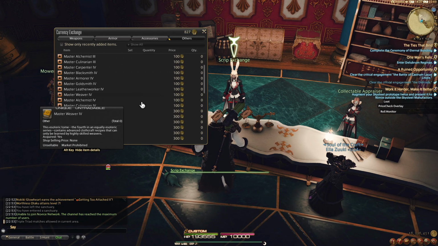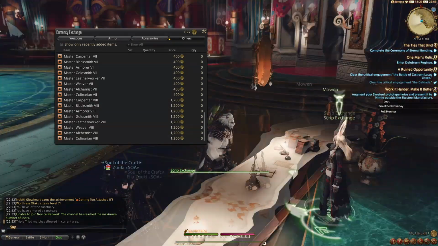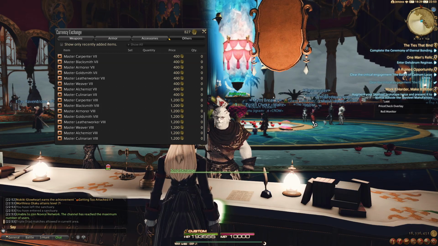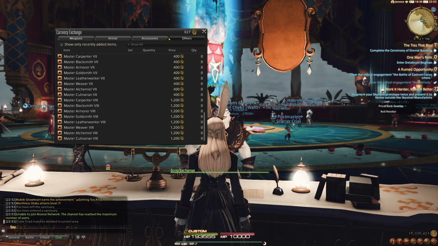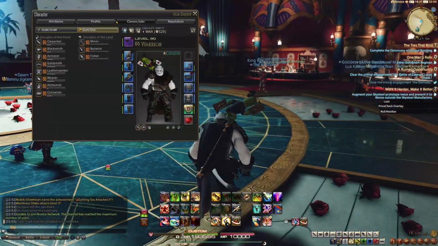So anyways, you can buy all the recipes here. So you're going to need these recipe 8 books, which are 1,200 each. You can get those really quickly by doing like your weekly collectible hand-ins and stuff like that, or just by making some espresso con panna. Okay, so